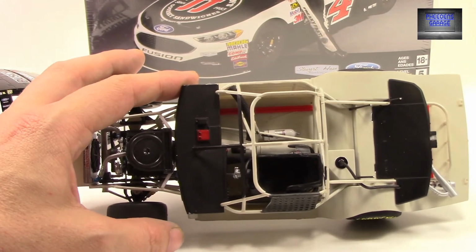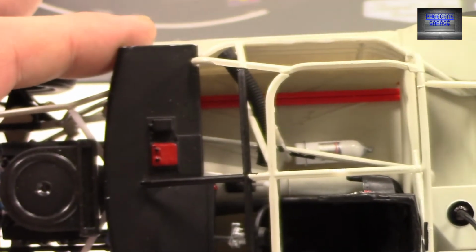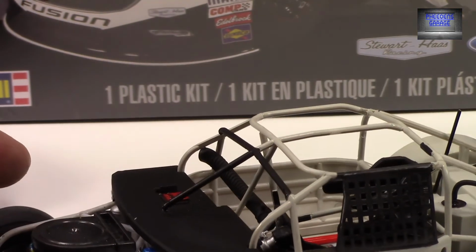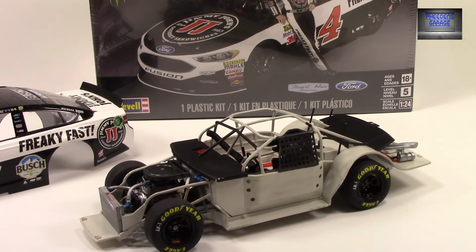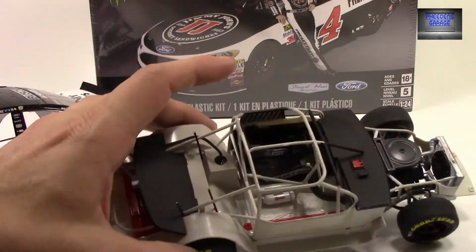On the inside here, starting with the top part there, I added the fuel lines, both the fuel line and the return fuel line. The cars run both. Revell had one fuel line molded in, so I removed that and added the two. I swapped out the kit seat for